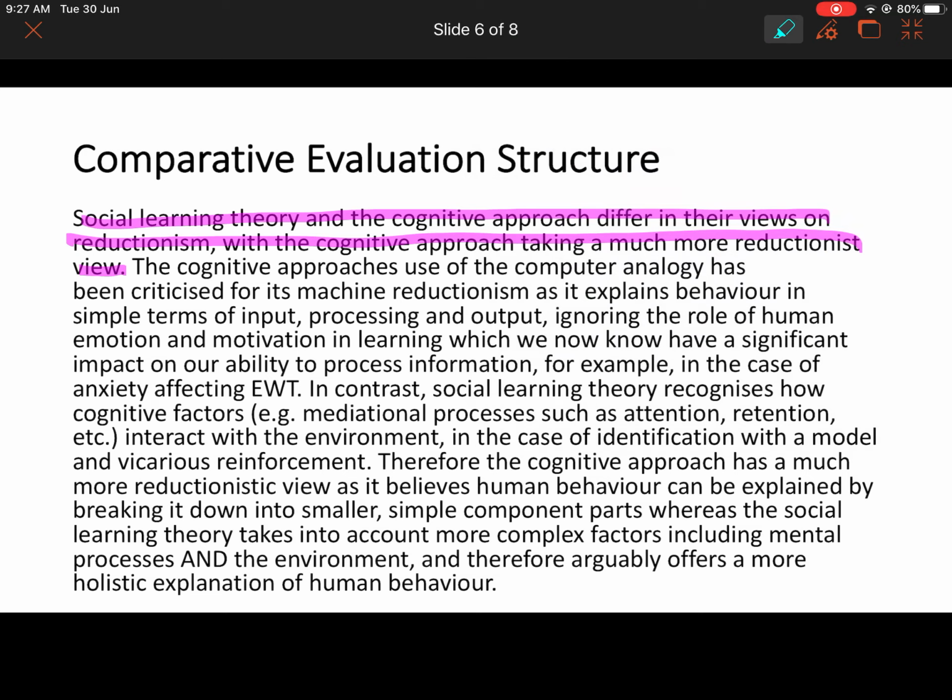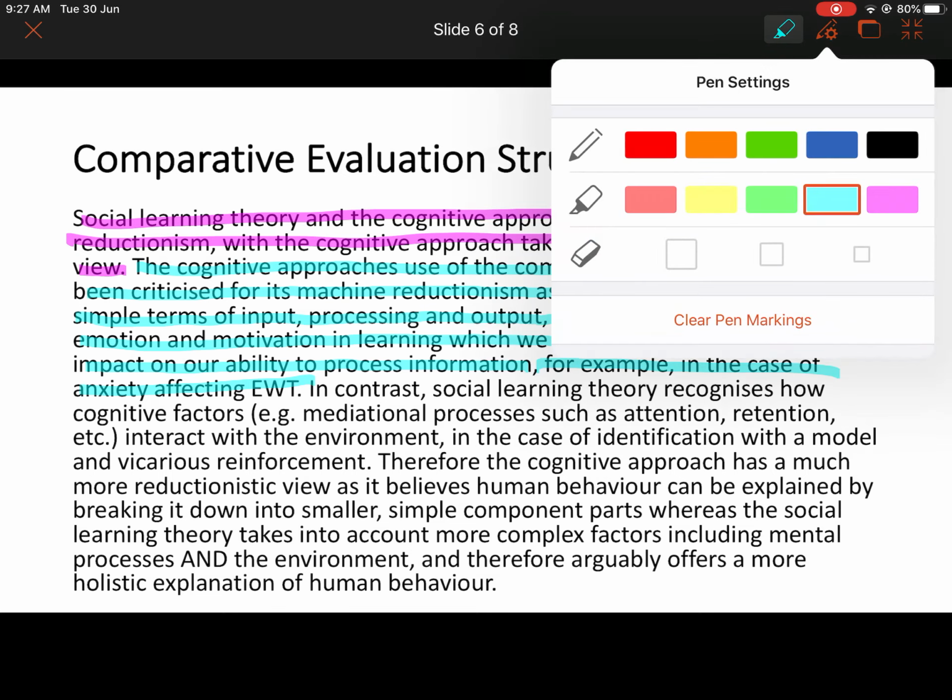Now we outline our first approach. So the cognitive approach's use of the computer analogy has been criticised for its machine reductionism, as it explains behaviour in simple terms of input, processing and output, ignoring the role of human emotion and motivation in learning, which we know have a significant impact on our ability to process information. For example, in the case of anxiety affecting eyewitness testimony. Now we need our